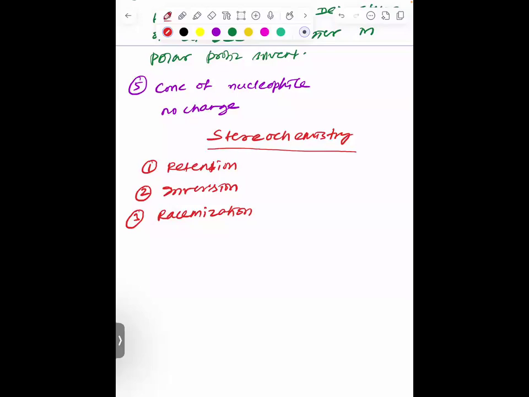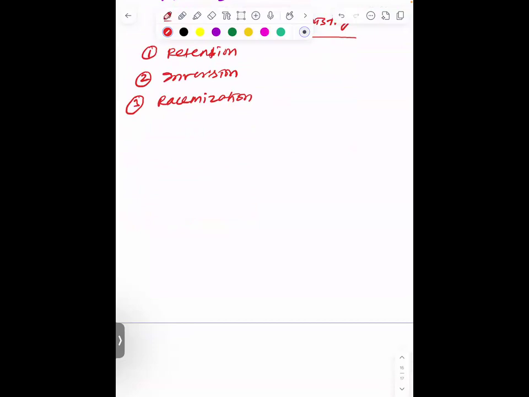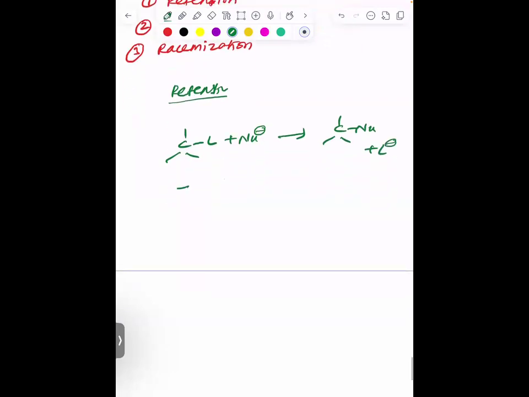Clear? That is retention. The nucleophile substitutes where the leaving group was. So retention is the nucleophile at the position of the leaving group. Then inversion